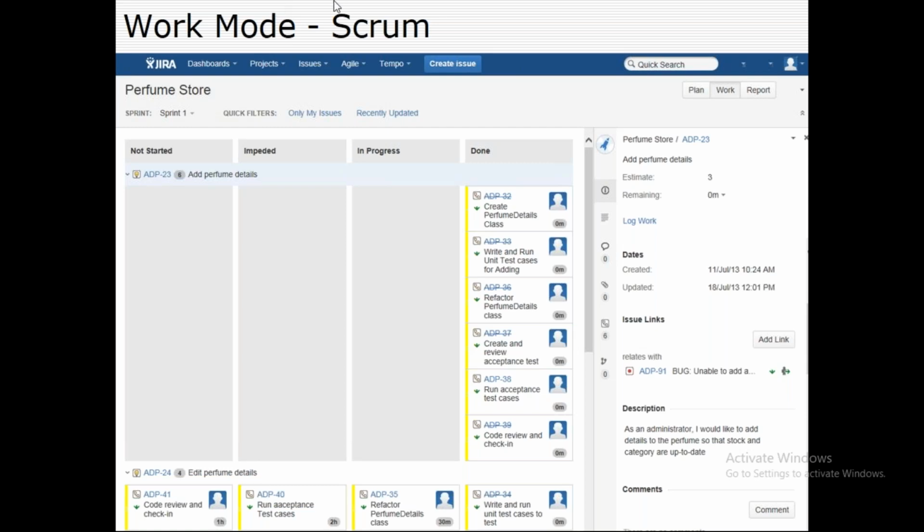In the working mode, you pick up the status of things and update the status accordingly. Your Scrum Master is going to update or move the items accordingly. You can also move an item yourself if you are done with your development item, into development complete status or testing status. This gives you the information in a sprint cycle. Let's say we pick up 20 or 30 Jiras: how many are in progress, how many are completed, how many are in development state, how many are in testing. All that would be known by using this sprint board.